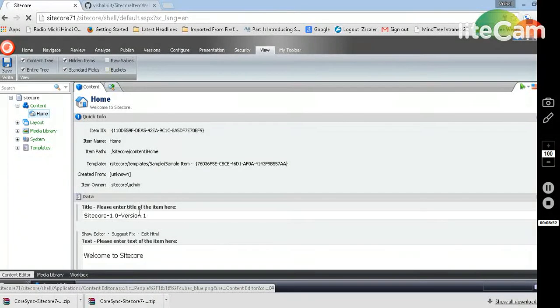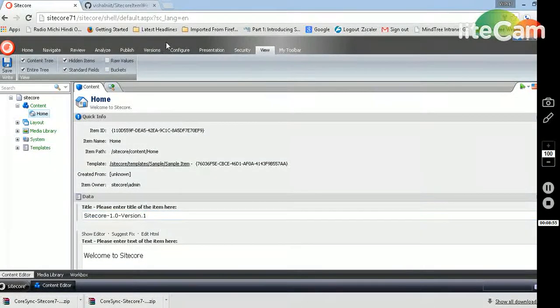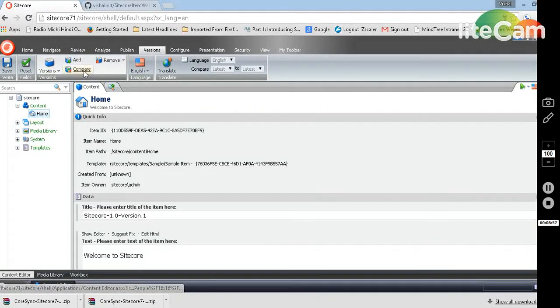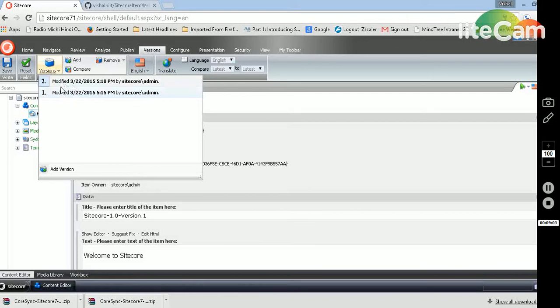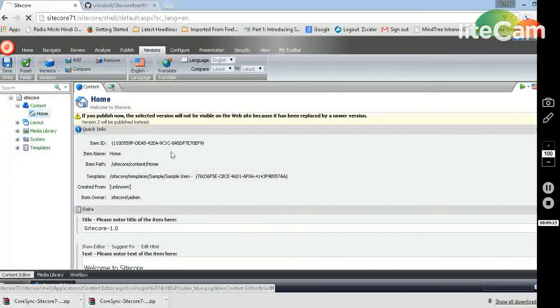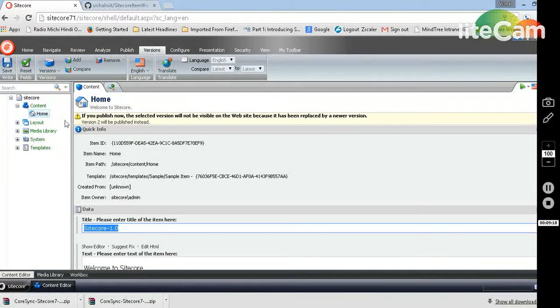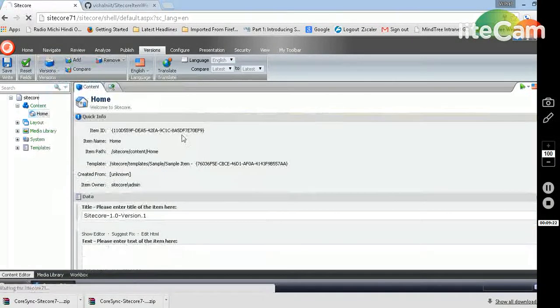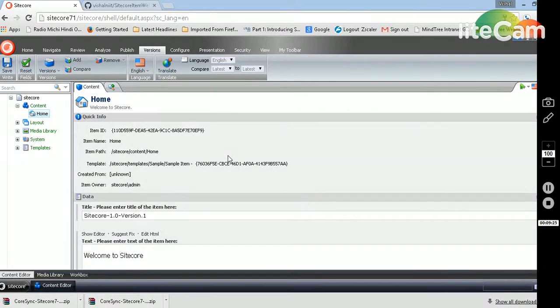Let's go back and refresh it. Now this time I can see that my text got changed, but the important part is I need to make sure this has been added as a version, not updated. So I can see now my target system has one version which is updated at 5:18, which is 17:18 in my local system. So if I select my older version, I can see my older version still has that old data, and if I go to my latest version, it has the modified data. So this is one quick thing which has been done.